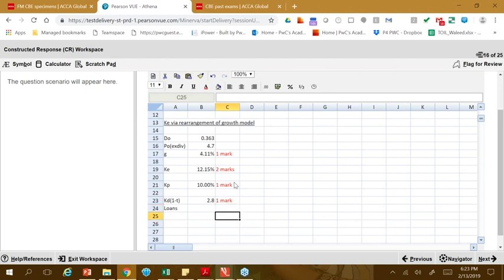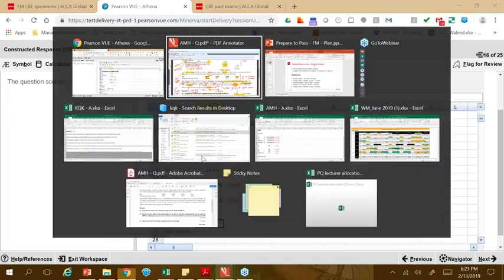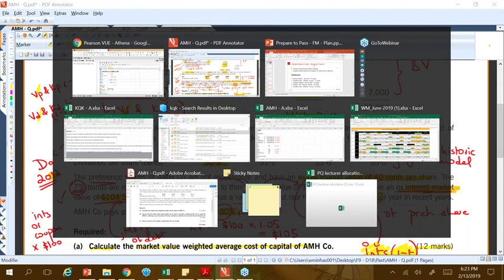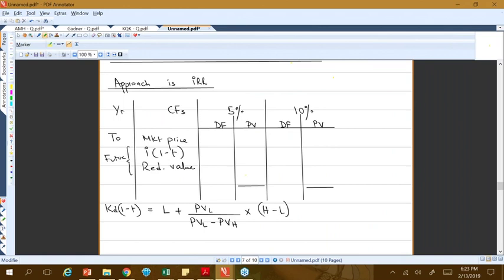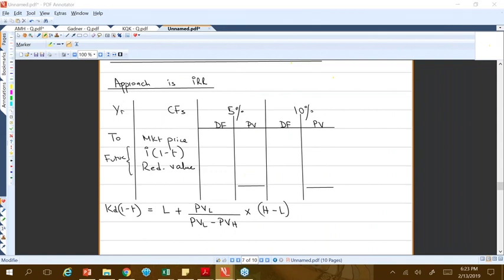Now we have got here all the costs. The only cost left is the KD, 1 minus the T, of the redeemable bonds, the redeemable debt. Now we will need to go back to this calculation where we're going to work out the structure. So I want all focus now to go on the structure where we're going to put 3 things: market price, interest, and the redemption value. So let's think about this.